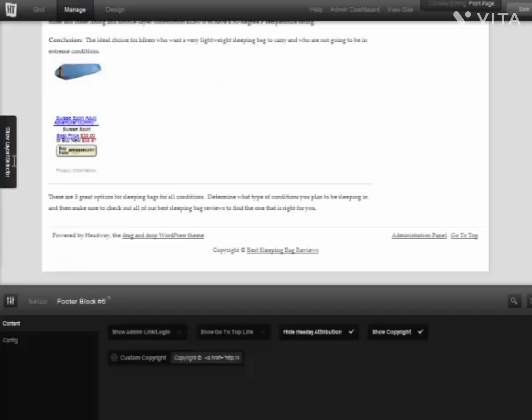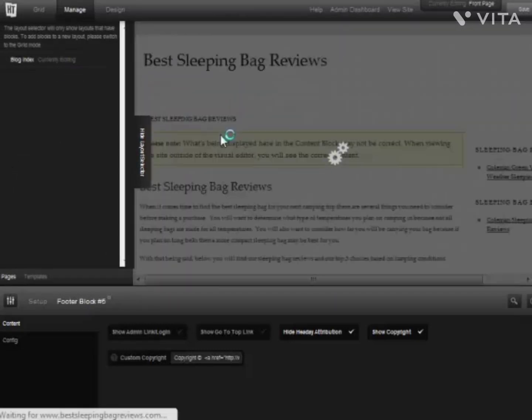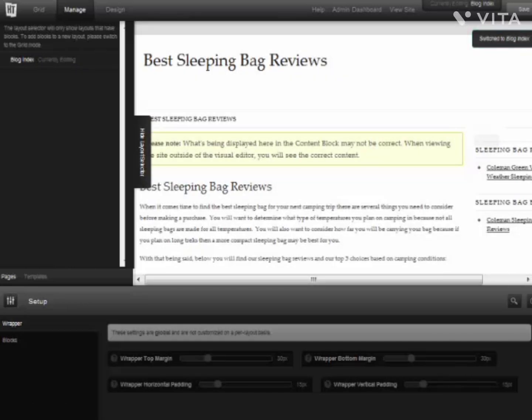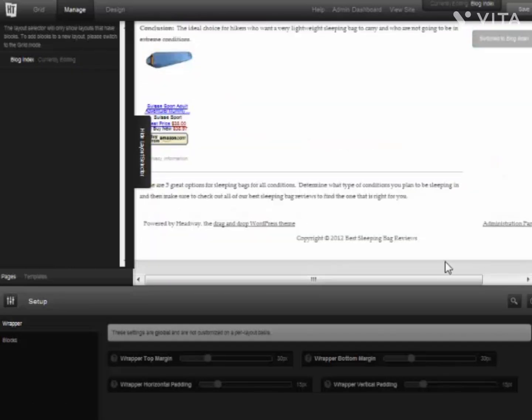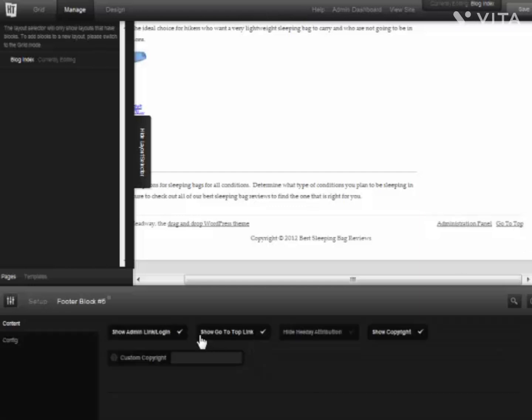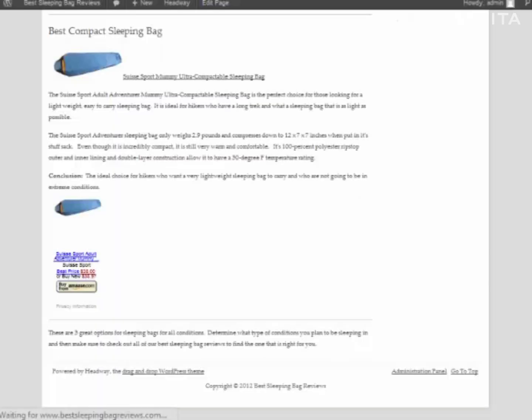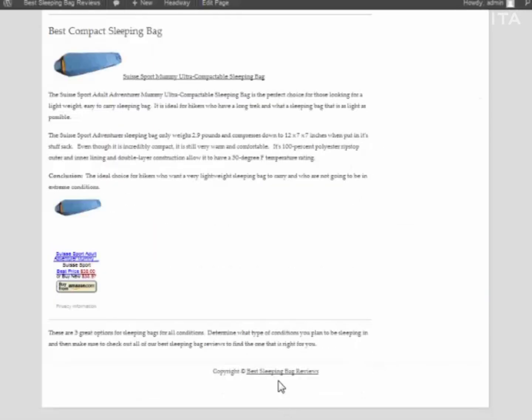And for some reason it doesn't want to, oh okay, I didn't click on the, you got to hit edit here. I didn't actually bring that page up to edit. So let's try that again. I'm going to click on this little options tab and just do the same thing. Save that. And I will refresh. And now you can see we have a nice clean footer with a link back to